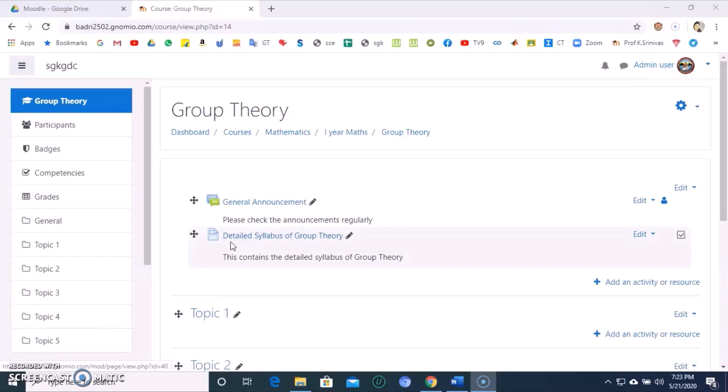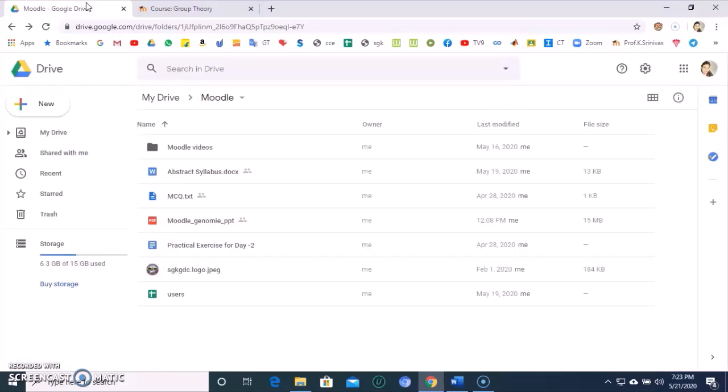We have uploaded a page now. Now we see how to upload a URL. We can upload the same syllabus file using the URL option. So we see where we can find the URL. Go to your Google Drive. So open the folder which contains your syllabus. Identify the file of syllabus.